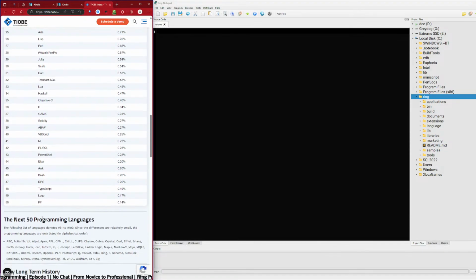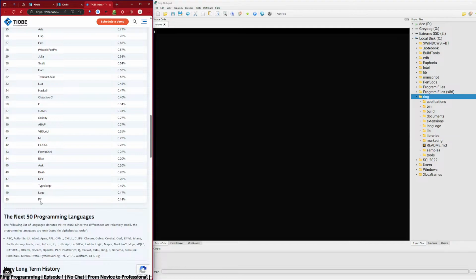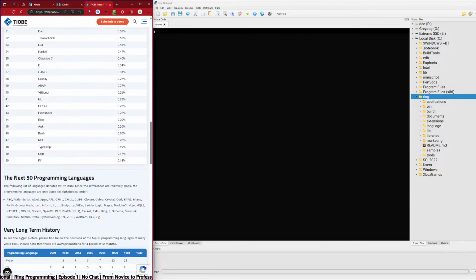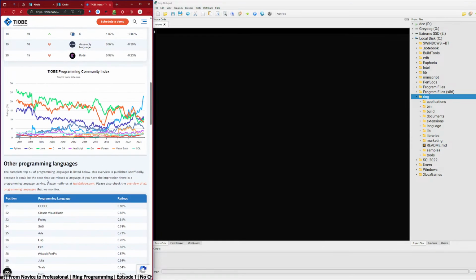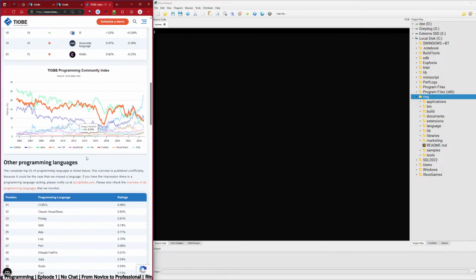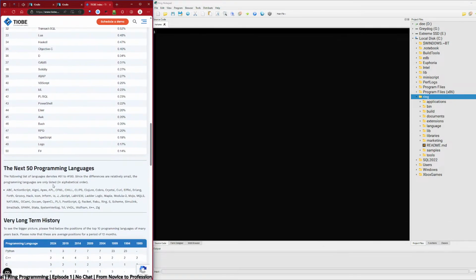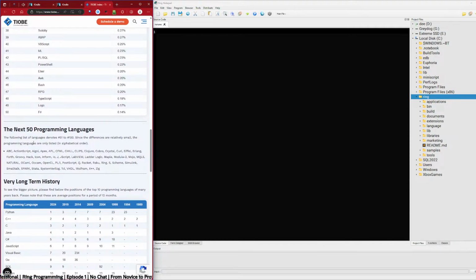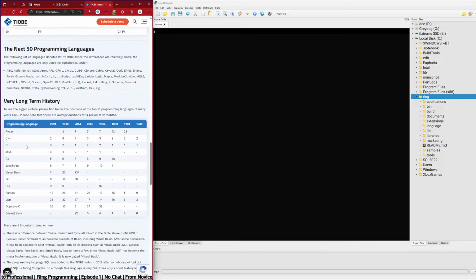RPG. Never heard of that one. F-sharp mentioned. The next 50 denotes 50 through 100. Since they're really small, the programming languages are only listed in alphabetical order. So they have some algorithm, I guess, that's clearly not working. The next 50 programming languages.